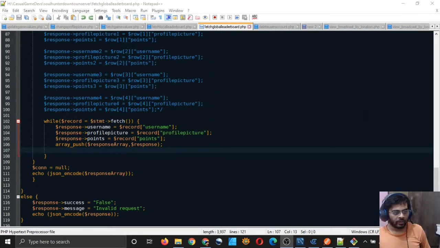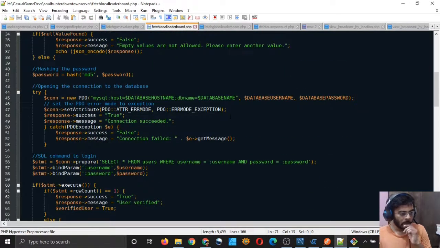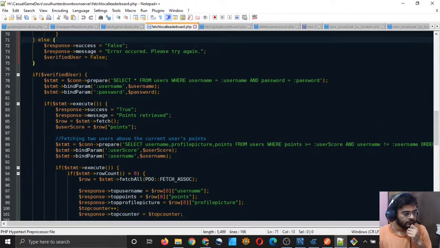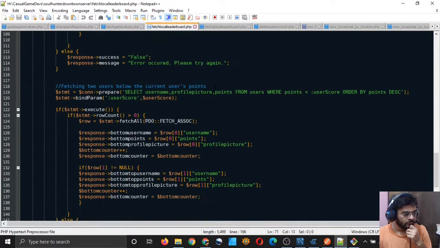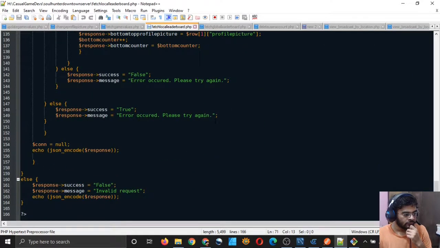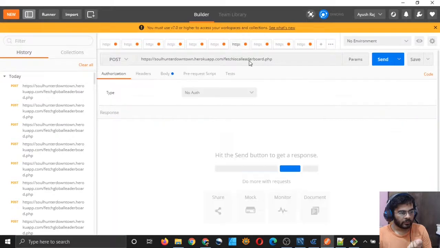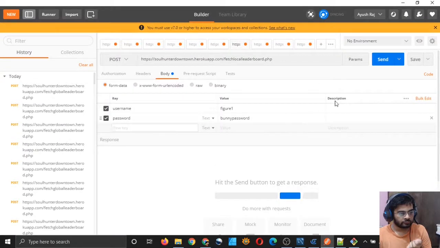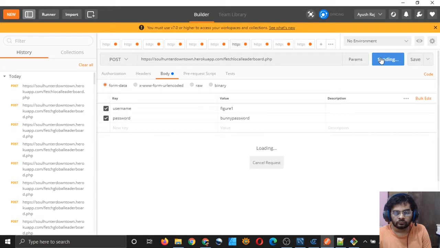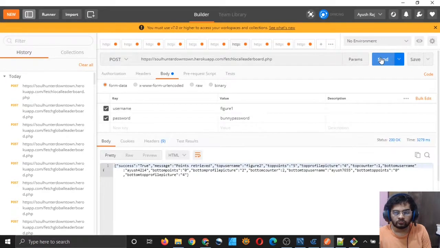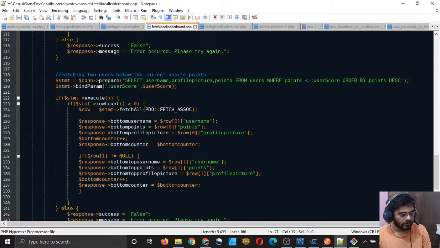Let me now check what I am doing in my local leaderboard. I'm doing it this way. Let me see if I'm getting any output in the local leaderboard. I'm getting an output, so whatever I am doing in local leaderboard is working, so I will simply copy that.